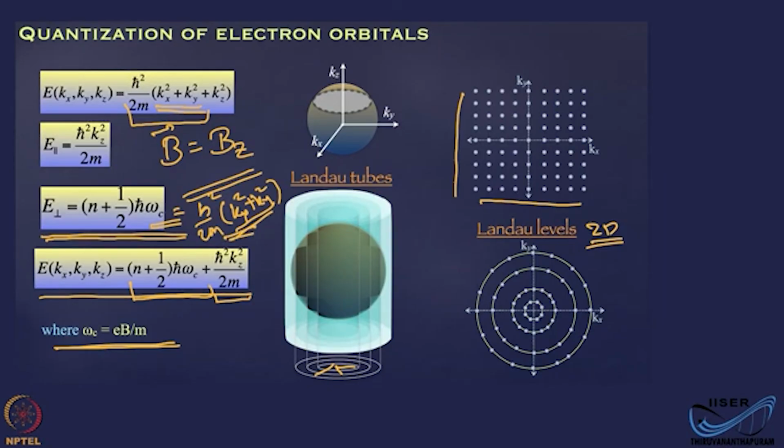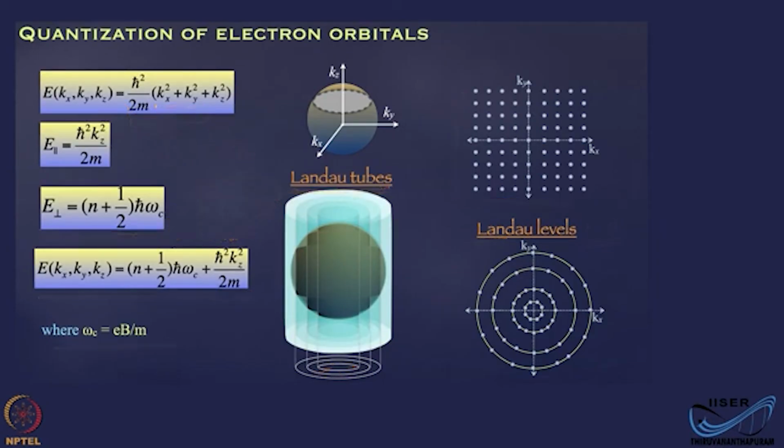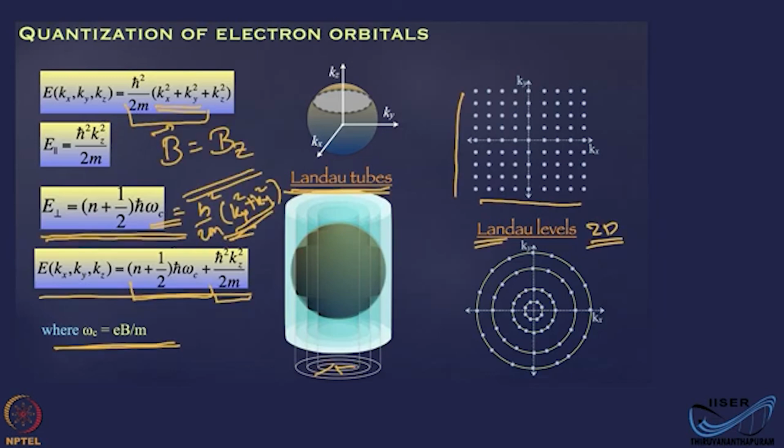So these are called Landau tubes, and these are Landau levels. That is what we have for a three-dimensional case and two-dimensional case in the presence of a magnetic field, and we call this a quantizing